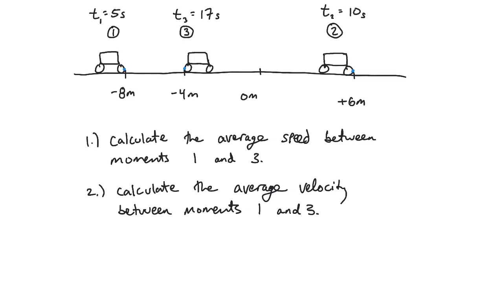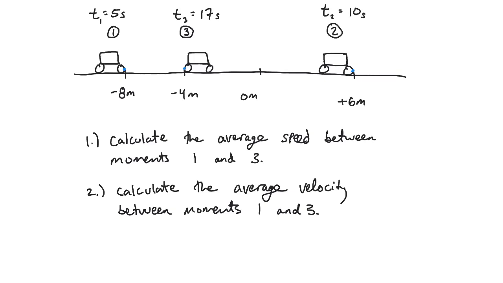And then if moment 3 is later in time, of course, this car must have instantaneously turned around here. So just imagine it just kind of flips around real quick and is now traveling backwards to the left, and it ends up at a position, at moment 3, at -4 meters, and the clock reads 17 seconds there. All right, so now you have all the information to see that this car goes all the way to the right and then turns around and goes to the left.